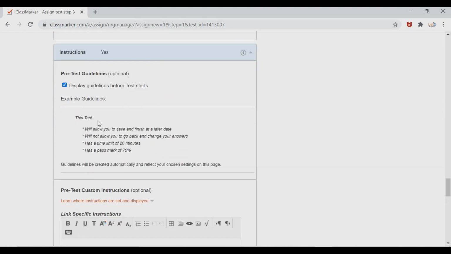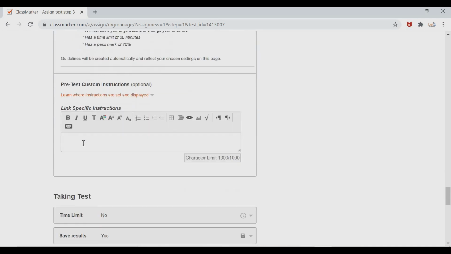And here the computer generated instruction will be shown like this, and you can add some more instructions. Suppose you are using a free account, once the test is finished, students have to send the screenshot of their scorecard to your number.